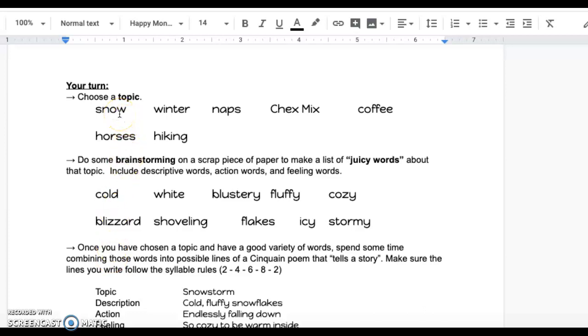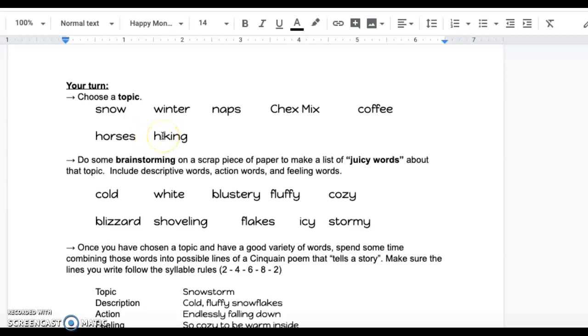So I tried to think of things that I liked and things that I didn't like. So I don't like snow. So you can probably assume that I don't like winter either. What do you think about gnats? That would be something that I love. Chex Mix? That's in the love category. Coffee? Yep, that's in the love category. Horses? I don't love them or dislike them, but I see them outside my windows often.